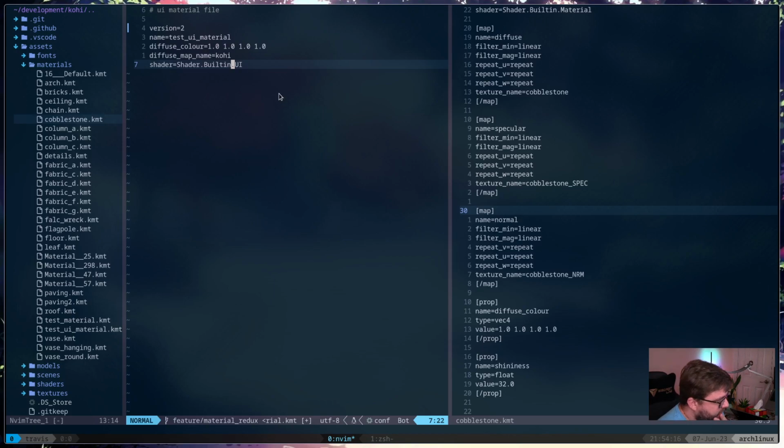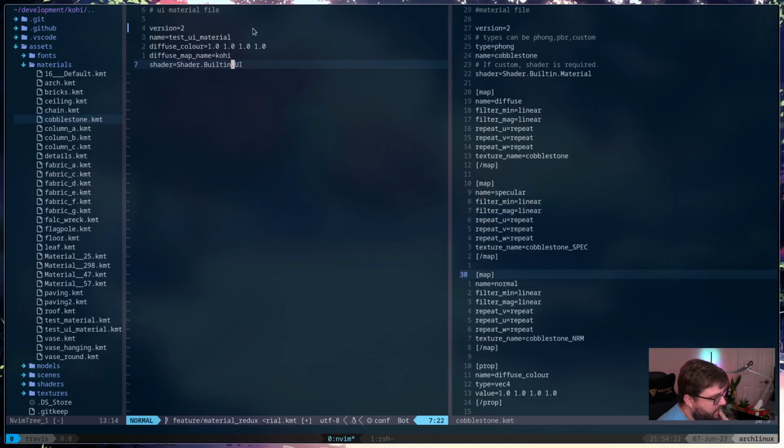So basically just need to edit this real quick to make it look like this guy. Okay, so version 2, type equals UI. Name is there, that's fine. Shader we'll put up here.